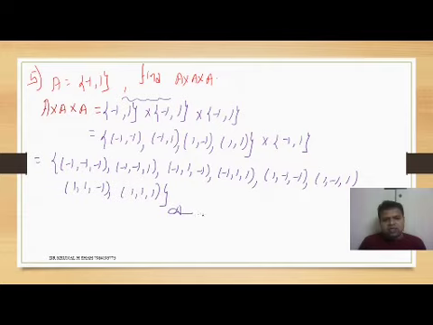आपका मेरा सबका आंसर. Check this out. How many elements are there? So this is equals to what? फिर से एक बार, (-1, -1, -1), (-1, -1, 1), and so on. उसी तरह बाकी के elements. So this is what you have. This would be your answer for A cross A cross A. Any doubt? Sure, make a note.